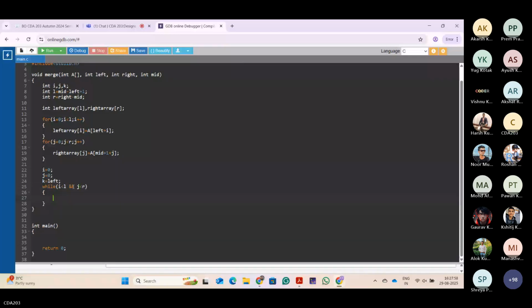So to left array. So if the ith element of left array